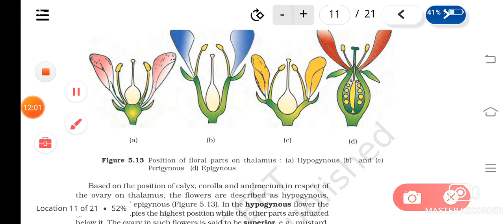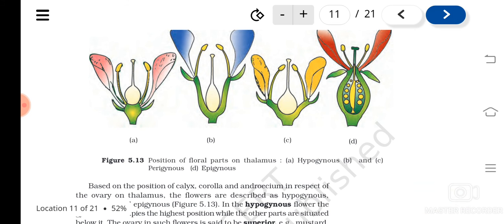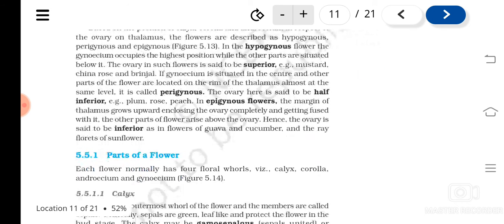In the epigynous flower, you can see the side will grow and enclose the ovary, and from the side only the other walls are originating. Understood? So this kind of flower is known as an epigynous flower. So what are epigynous flowers? In which the margin of the thalamus grows up, encloses the ovary and fuses with the ovary, and that kind of ovary is known as